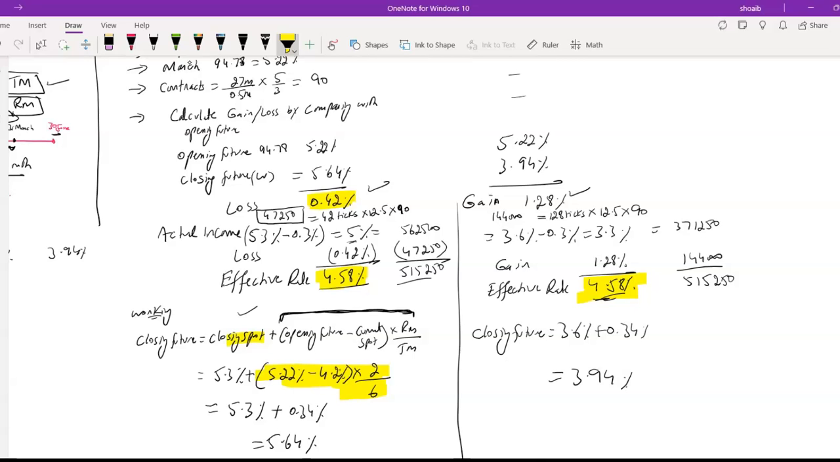But there is one problem. Problem is, in future contract, there can be a basis risk. Till now, future is better. Future is giving you 4.58, option is giving you 4.56. If everything is according to the prediction, if everything is certain, we will choose the future contract. It is giving you more income. But